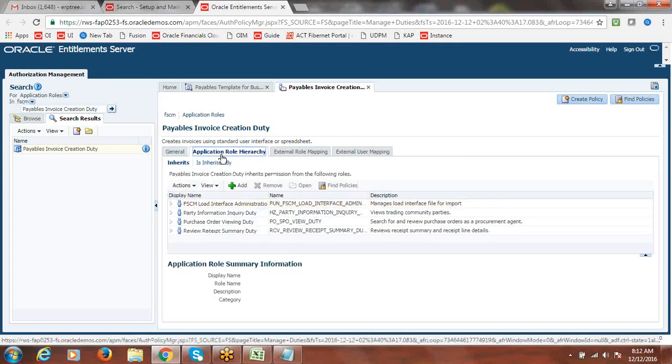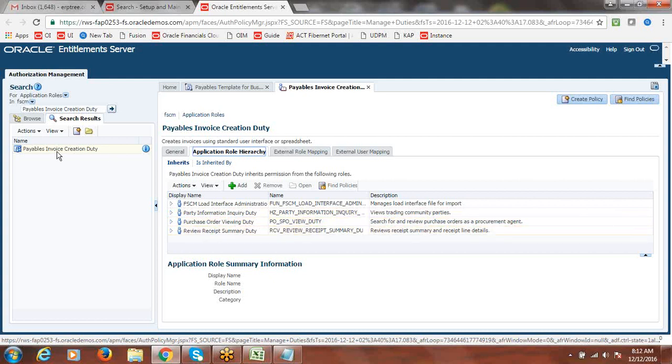And this is a hierarchy we call application role hierarchy. The actual role name is payables invoice creation duty, but this duty is connected with many other functions which are related to different applications' duties. See here: FSCM load interface administrator, party information inquiry duty, purchasing order viewing duty, review receipt summary duty.